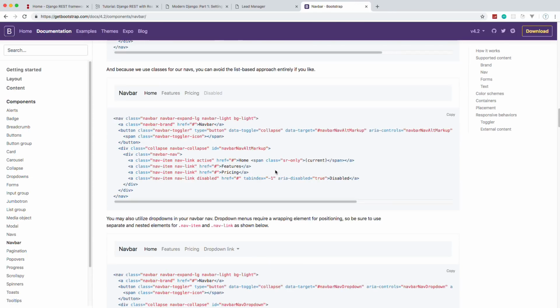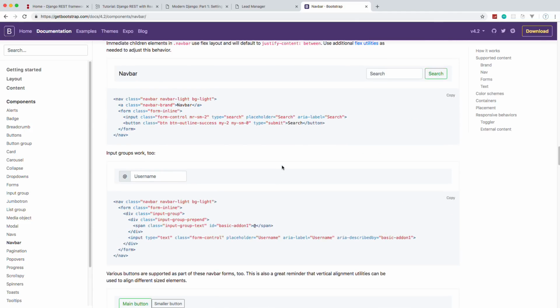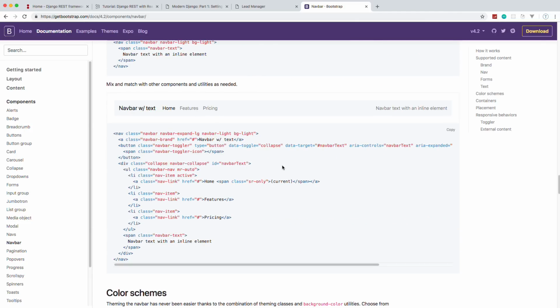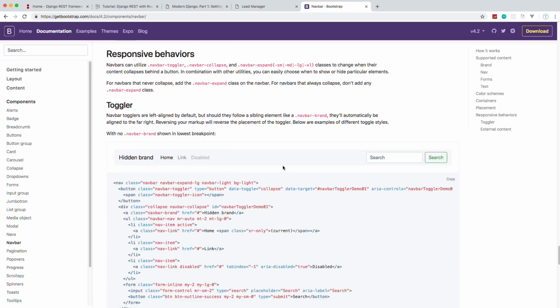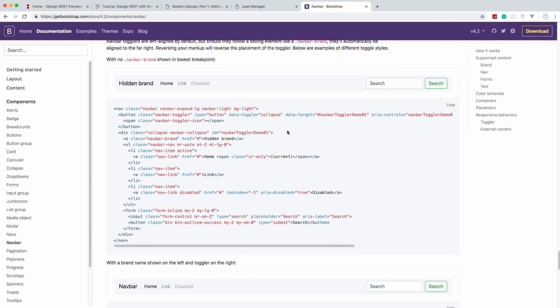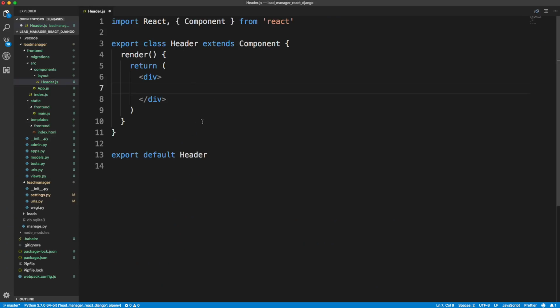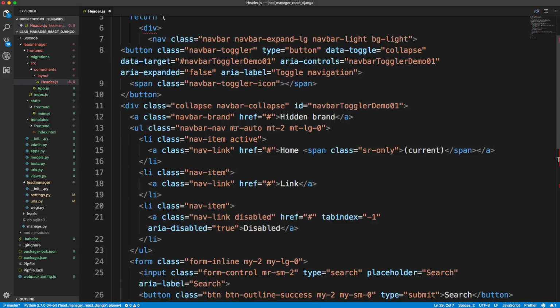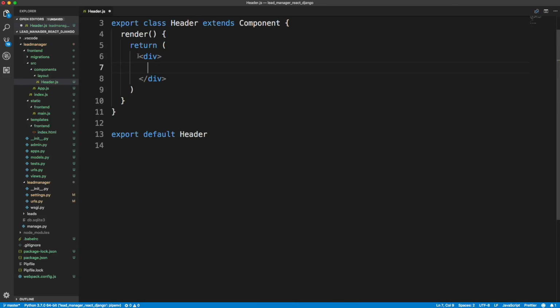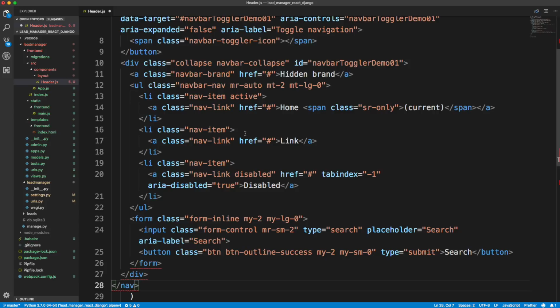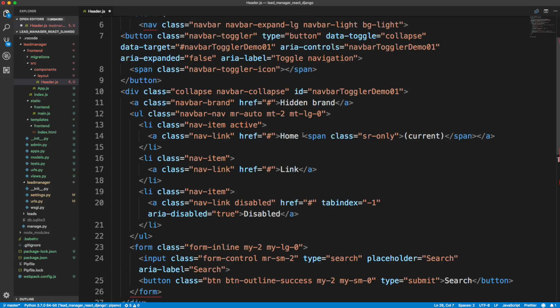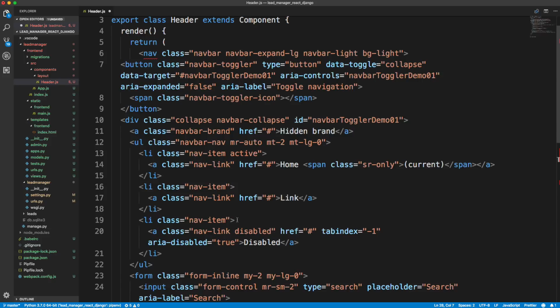Instead of just typing it all out, we'll just grab it. So I want, let's see, I believe this right here. This is responsive. So I'm going to grab this and just copy it, and let's go back here and paste that in. Actually, you know what, we can use it as the root, so let's just replace the div with that. Now, of course, in React we can't use class because we're using JSX here, so we have